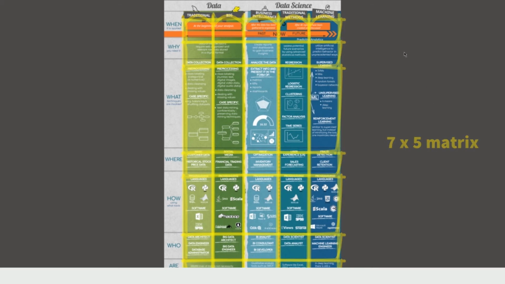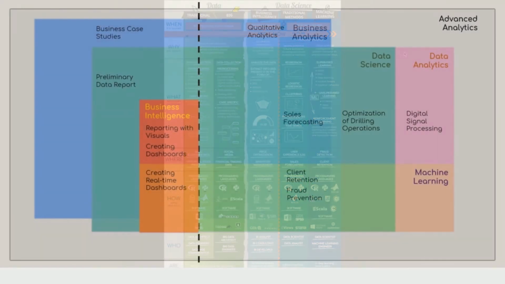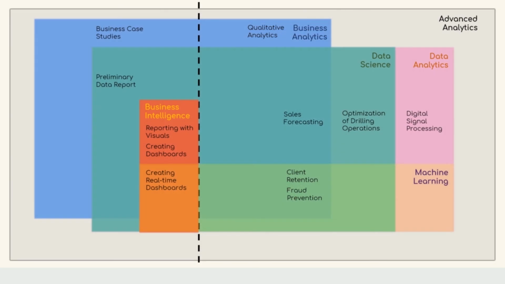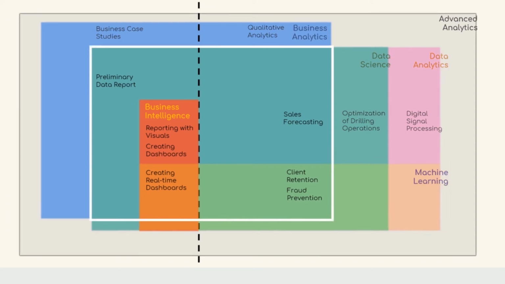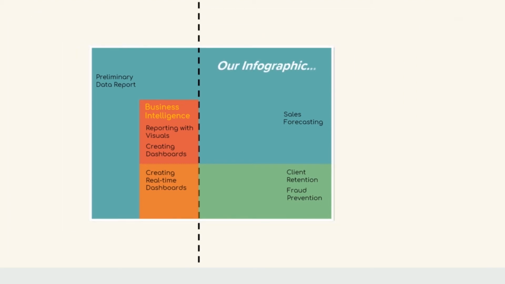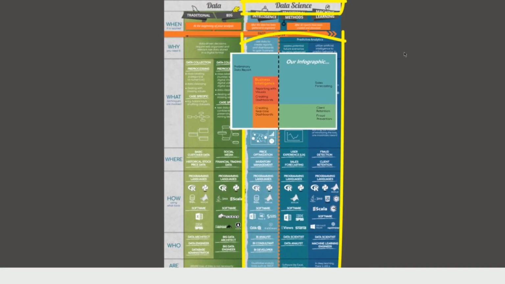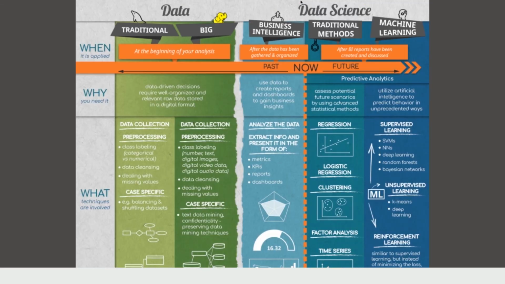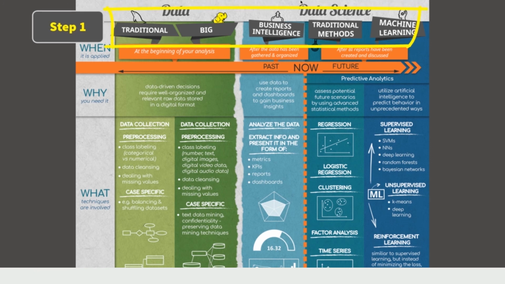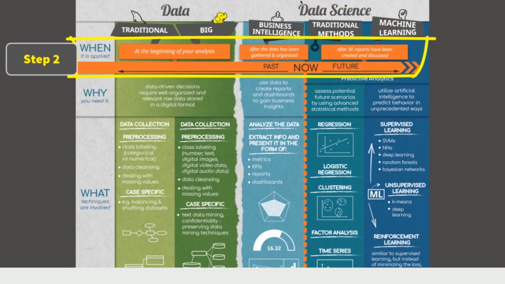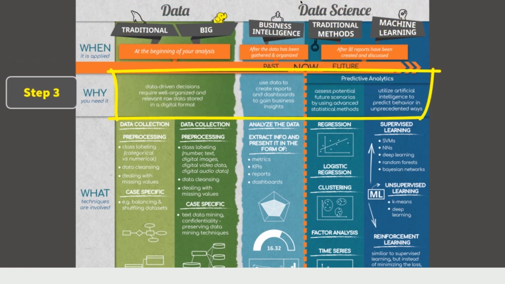Great! So, we can say this infographic is a companion to the diagram we already talked about. We are still looking at the areas where business and data science overlap, but we have structured the visualization in a slightly different way. Additionally, we have extended the picture with 2 columns containing data terms only. Now, starting from the next video, we will go through each part of the infographic step by step, and you will be able to compare the terms and buzzwords related to each discipline easily.